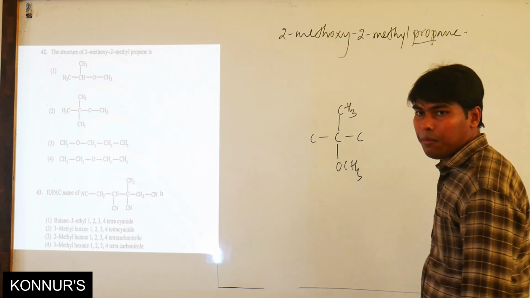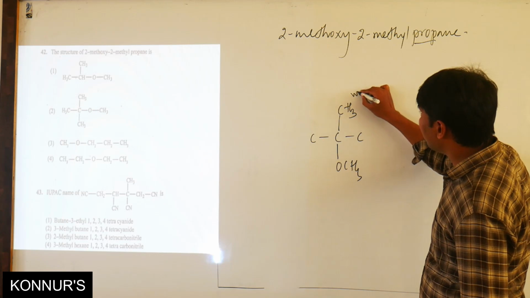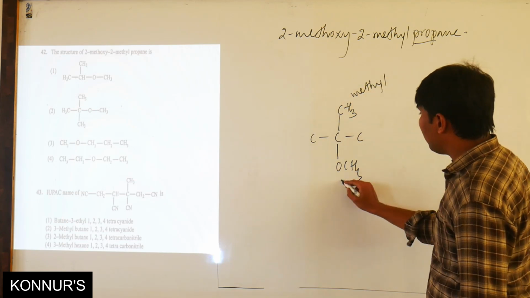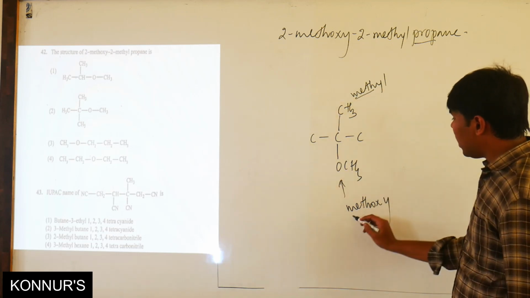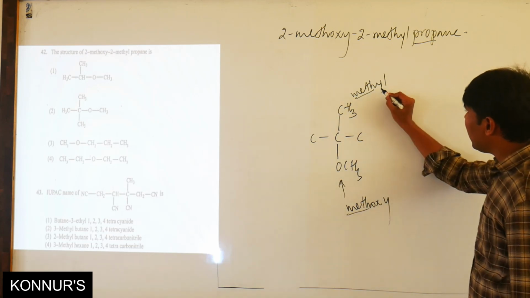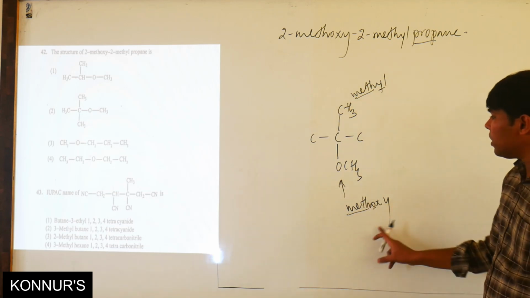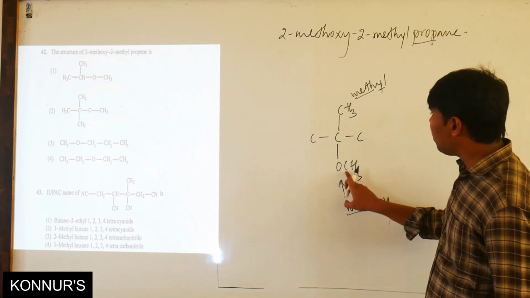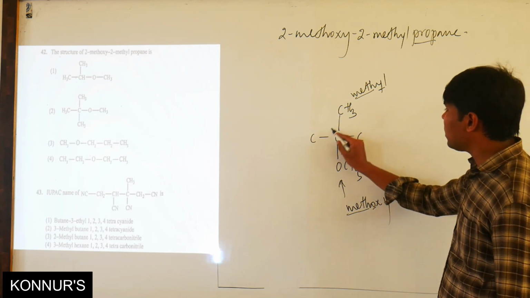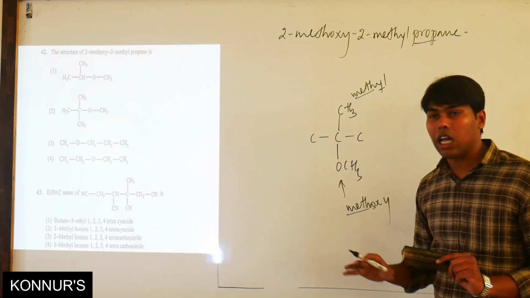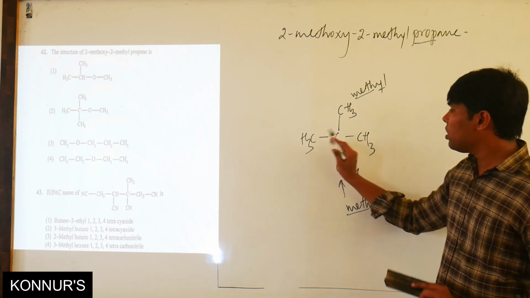This is methoxy. This is a methyl and this is a methoxy. In methyl, the 'meth' is the same in both. Here it comes up with a Y, here it comes up with an O. So alphabetically this comes first, that is what they told. 2-methoxy, 2-methyl, and propane. Since this contains all 4 of the valencies already satisfied, here only one valence is there. Remaining are hydrogens. So this is the structure.